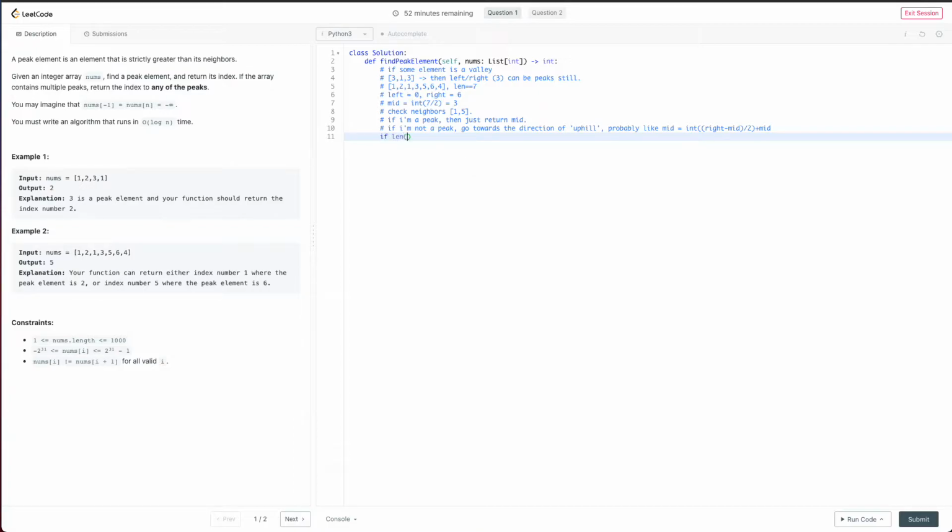So if the length of nums is 1, then obviously it's a peak. If nums 0 is greater than nums 1, then just return nums 0. And then likewise, if nums minus 1 is greater than nums of minus 2, so after this case statement, if it doesn't return,